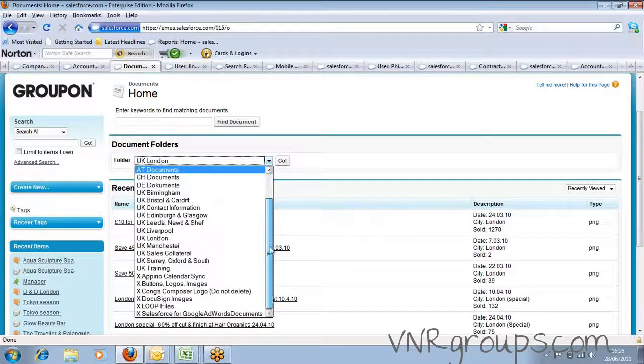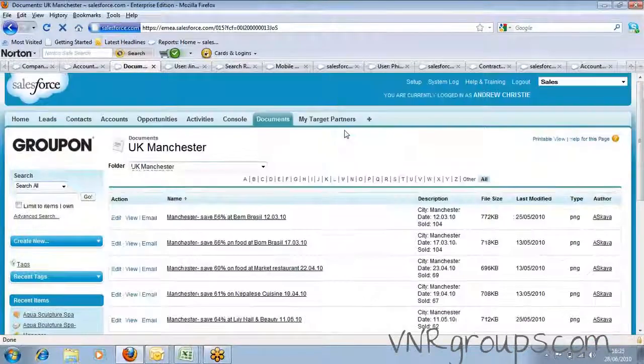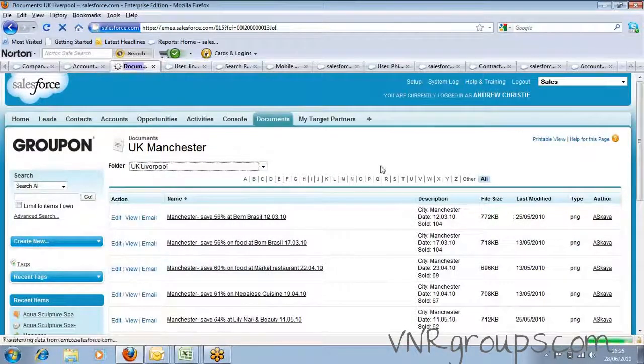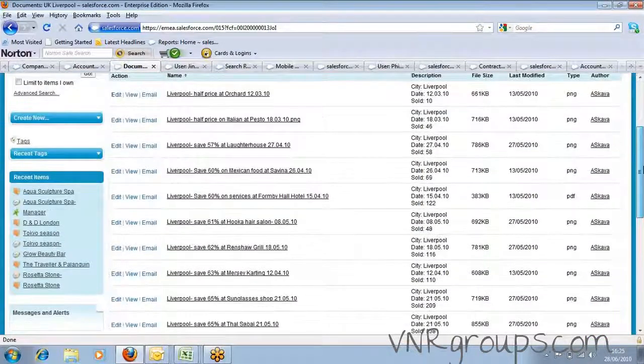Okay. The Documents tab has a number of different folders created. There's a training folder which has a training guide in there. You've also got a contact information folder with a contact list and an Excel spreadsheet. Those two are out of date, but hopefully we'll get those updated in the next couple of weeks now that we've got some more resource here. Likewise, there's a folder generally for each city. So if you're looking, for example, let's go back, Liverpool, and we're looking for copies of some past deals,